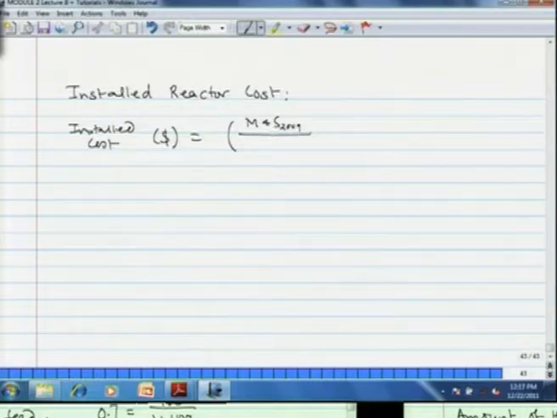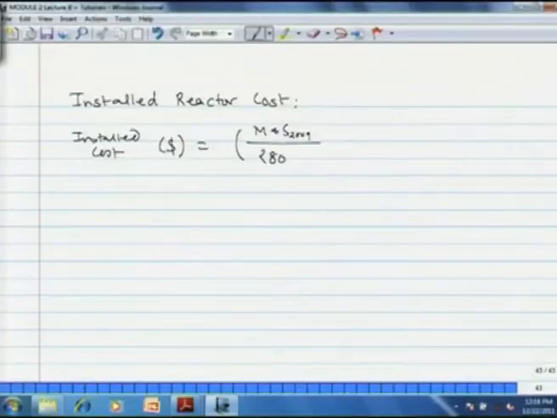You can easily update it to 2011 or 2012 by looking into techno-commercial journals like Chemical Engineering Journal, Chemical Industry Digest, Chemical Weekly. These cost indexes are published annually in these techno-commercial journals. The correlation was proposed in year 1969. So, the cost index in that year is 280. So, to update the cost, we multiply by the ratio of these indexes.